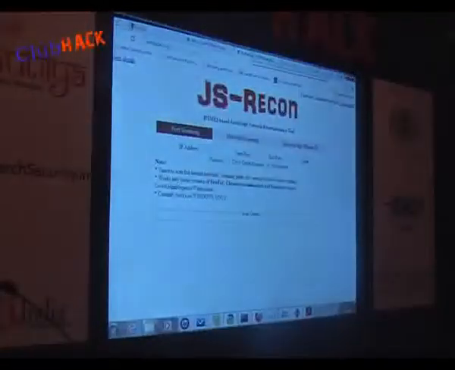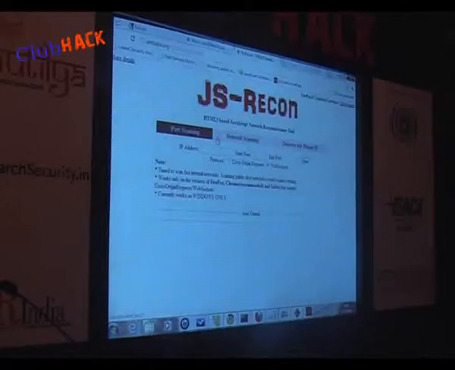Alright, so this is JSDcon. I'll just do a simple port scan. I'll scan my home IP address, scanning ports